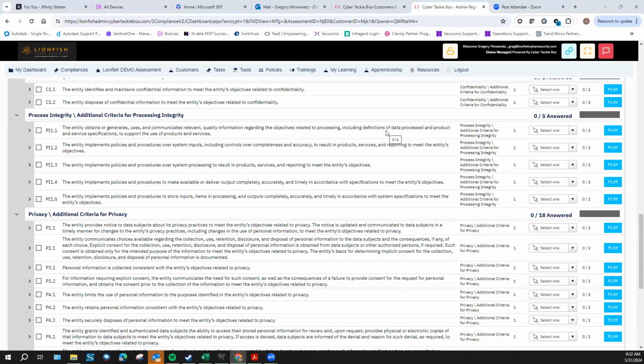The entity implements policies and procedures to store inputs, items in processing, and outputs completely, accurately, and timely in accordance with system specifications to meet the entity's objectives. So in that web example, if somebody puts in their personal information, it's processed by your system and it comes out the other side